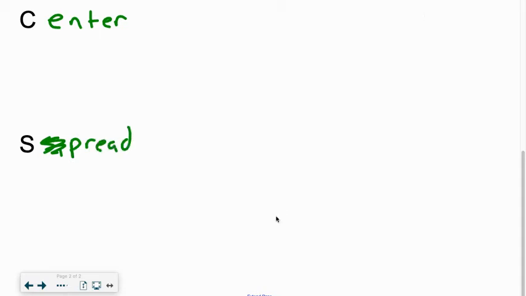So if you can see, shape, outlier, center, spread forms the word socks. So the way to remember what you need to describe about a distribution is just to remember your socks. So as we go through these,